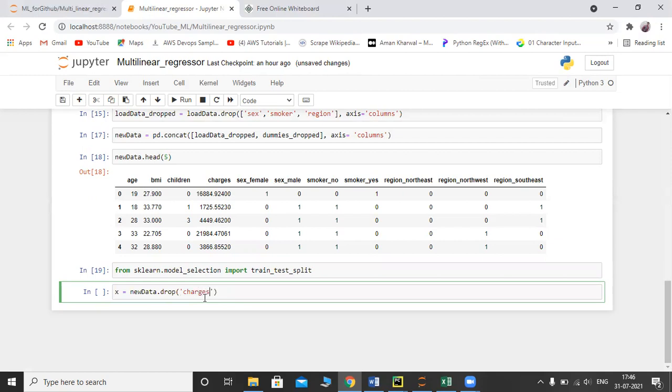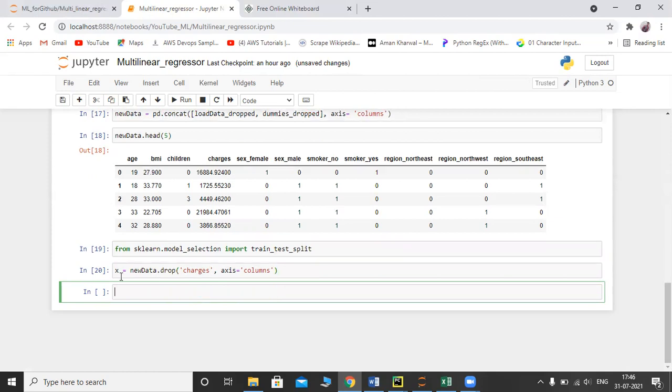I don't want charges in the independent variables, so I'm dropping that one, axis equals, so that the remaining will be considered independent variables. So x contains all independent variables.